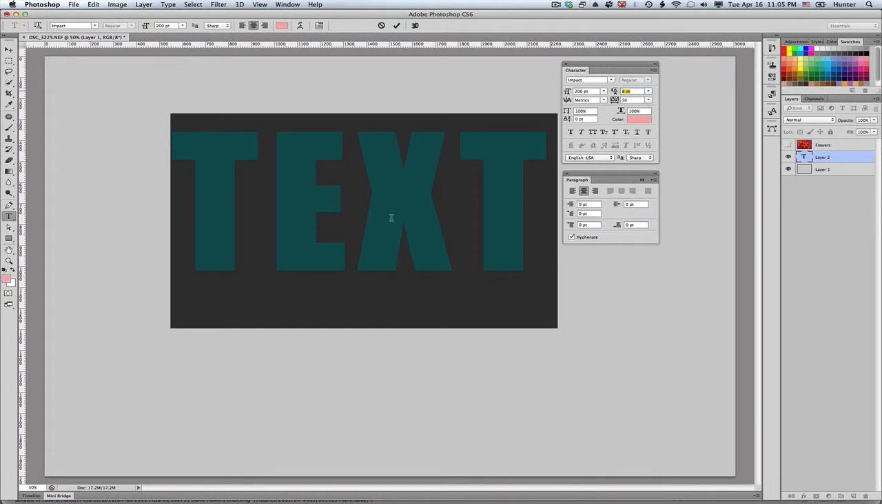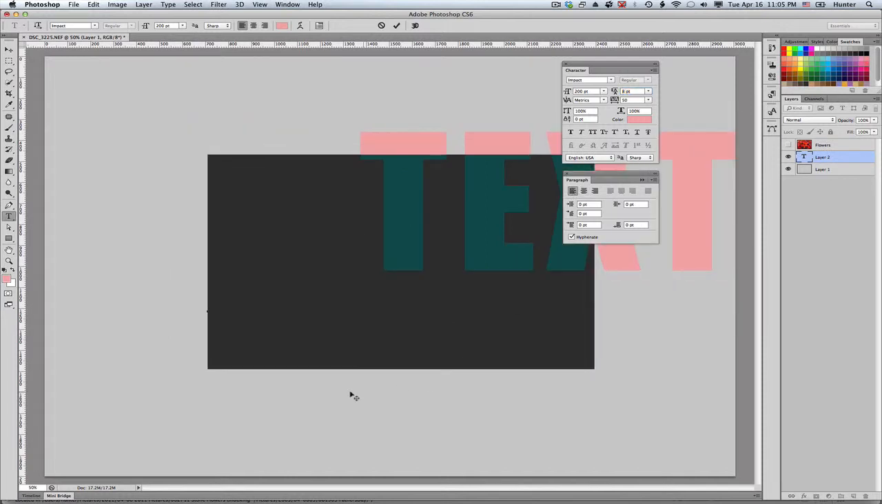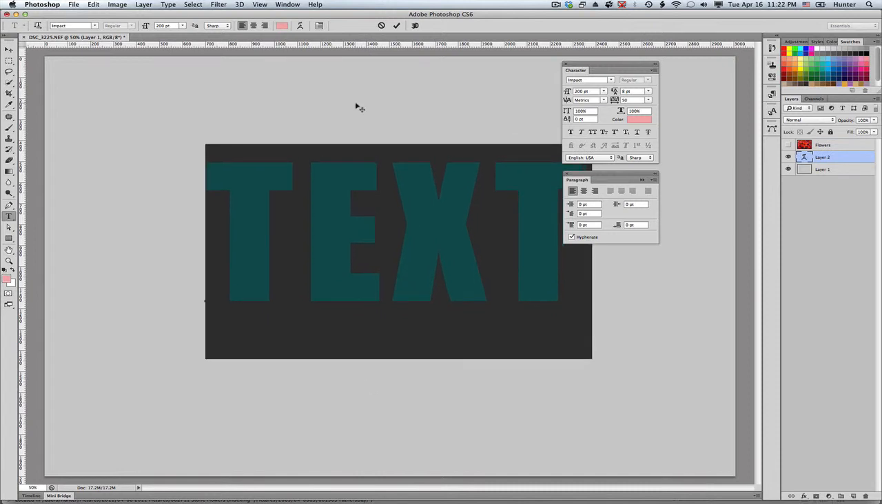Right now my alignment is set to center. I can click on the alignment icon in the paragraph panel and I can change that alignment to left. So as you see, you can format your text from the character panel and the paragraph panel,